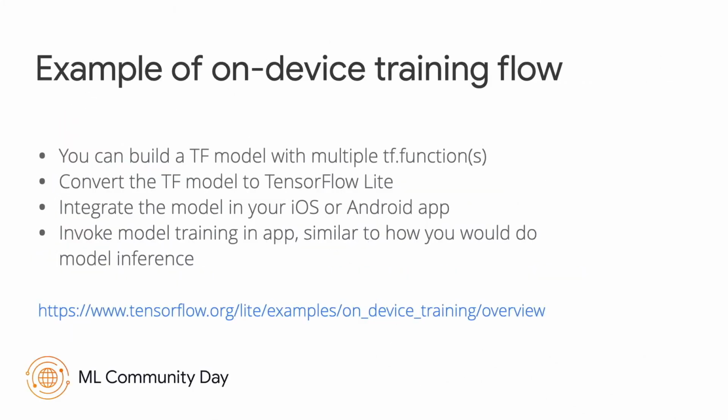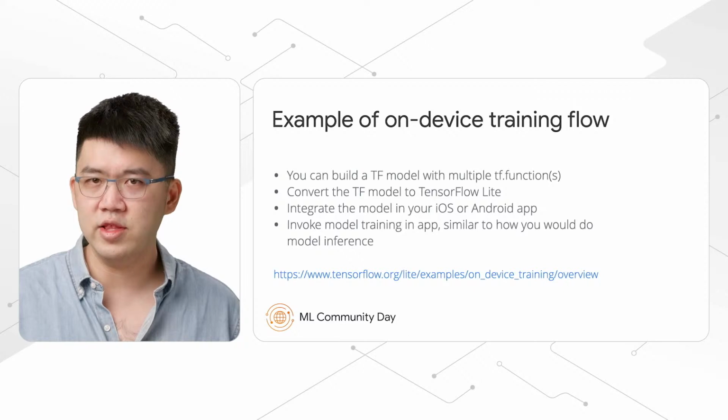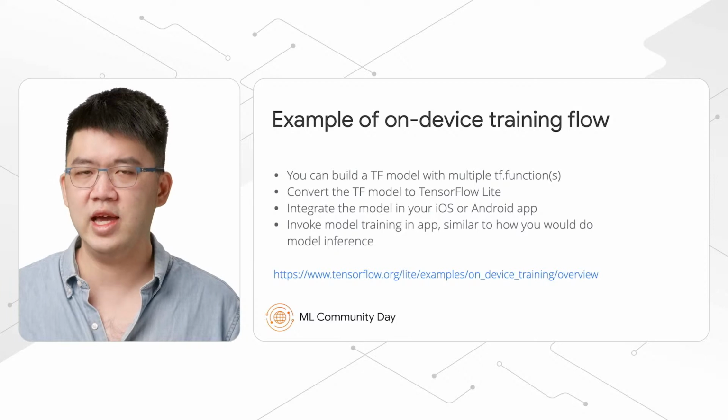page. To perform on-device training, we need to execute different functionalities like training and inference. To achieve this, you can build a TensorFlow model with multiple TensorFlow functions. For example, in our demo app, we defined a train function that trains the model with training data, an infer function that invokes the model inference, save and restore functions that save and restore the trainable weights with the file system. After that, you can convert your TensorFlow model to TensorFlow Lite format, integrate the model into your iOS and Android app,